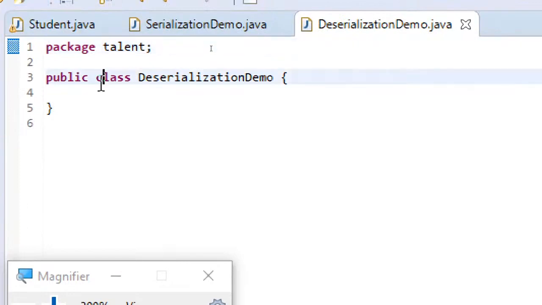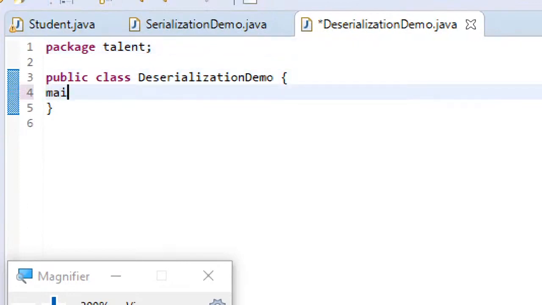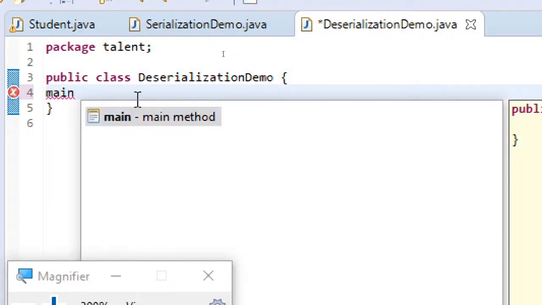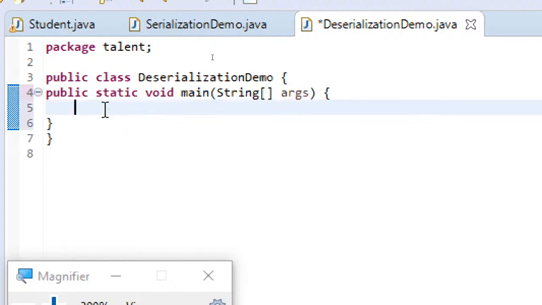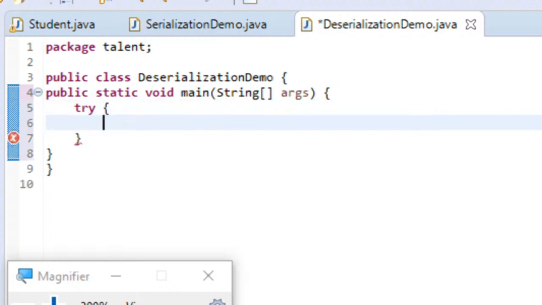And again in this, instead of output stream, we require here input stream. So I'm using object input stream.